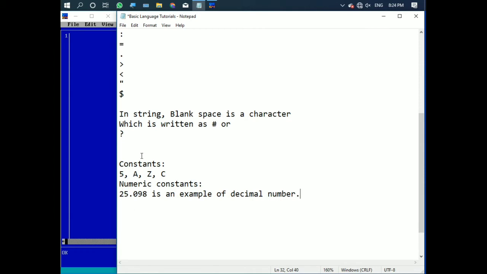So the division of constants is numeric constants and the exponential notation.